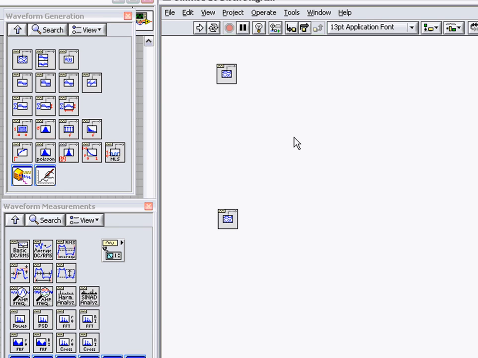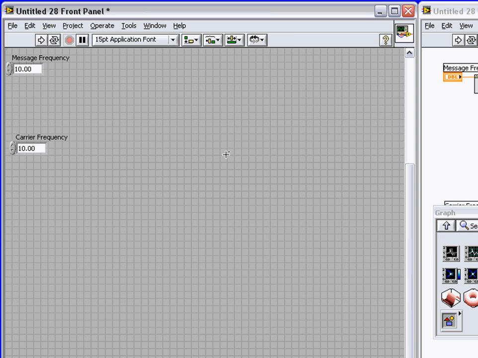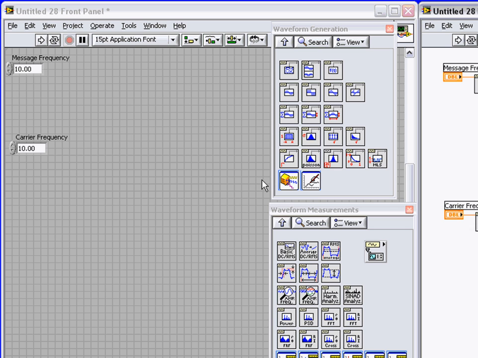To do so, I'll need to create a control on my front panel. I'll call this one message frequency. Similarly, I will create a frequency control for my carrier frequency. And you see that as I've created those in the block diagram, user controls have appeared corresponding to these icons